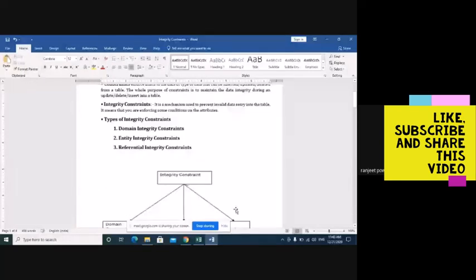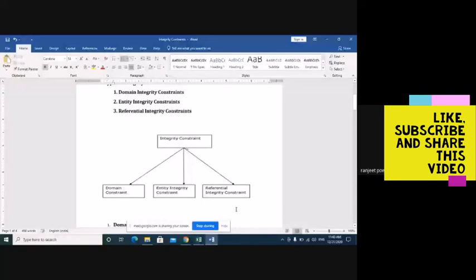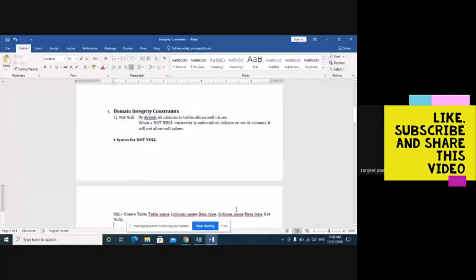So there are 3 different types of integrity constraints. In the first, domain integrity constraint, the first constraint is not null. By default, for all the attributes, for all the columns in a table, the default value is null. Null means nothing.